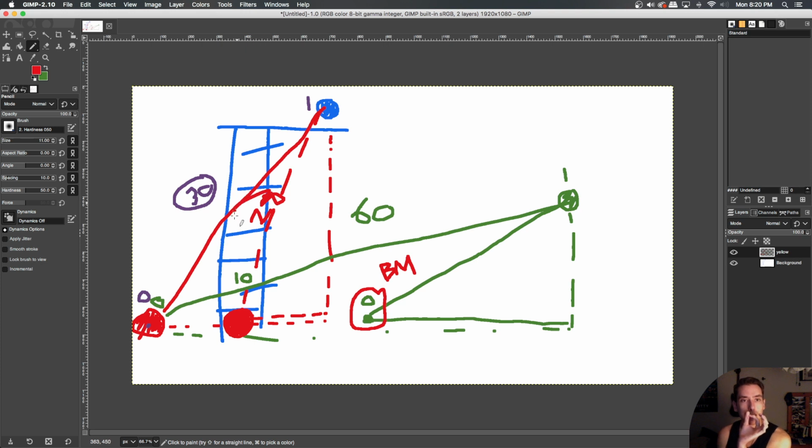So this 28 needs to be 28 over 30, but inverted or whatever, so it needs to be 2 out of 30 represented out of 10th, which is 0.6 or whatever, I guess. But